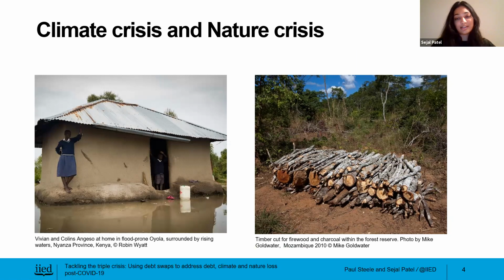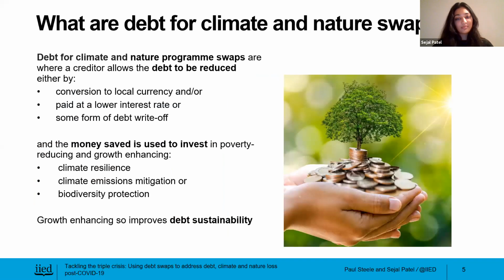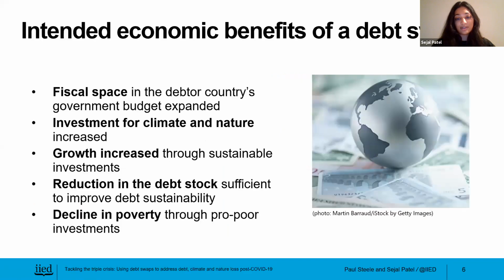And while there's a lot of attempts at the moment at global coordination on these issues, the policies, commitments, and resource mobilization endeavors are not yet sufficient. So debt for climate and nature program swaps can present one mechanism that helps to address these three global crises with some coherence. Debt for climate and nature program swaps are where a creditor agrees for the debt to be